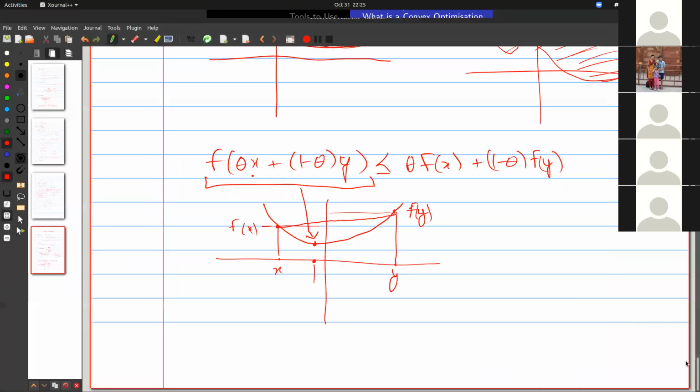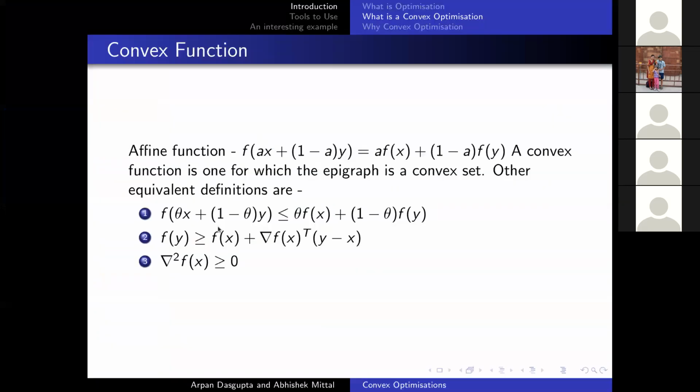Obviously, this is applicable only for differentiable sets. So basically, if you notice, f of x plus del f of x transpose into y minus x is the first order approximation of the function f at point x. And how you get that is through the Taylor series. So this is just the first term of the Taylor series expansion of f.